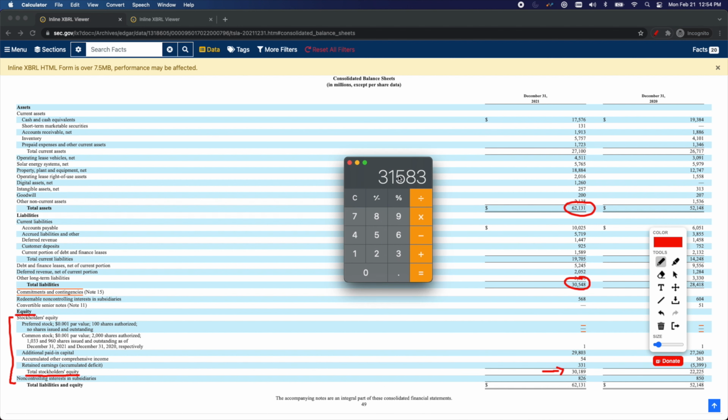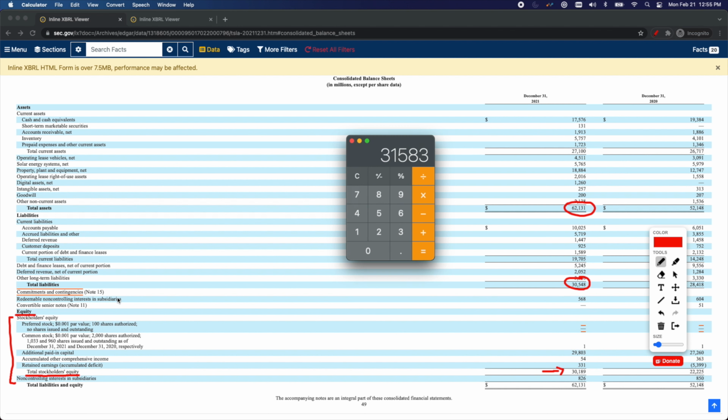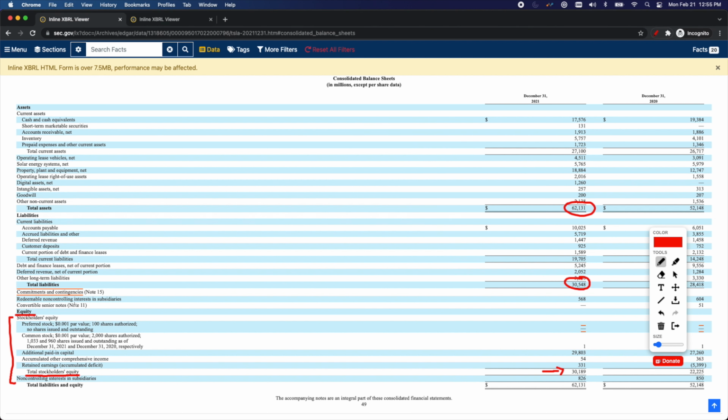So what's happening here is that Tesla has some non-controlling interest in subsidiaries. Here you can see that they have redeemable non-controlling interest in subsidiaries, and that's $568 million. Depending on the accounting model they're using, in the case of US GAAP, being an American company, this is listed as a liability, and the corresponding equity will be listed here as a separate line item, $826